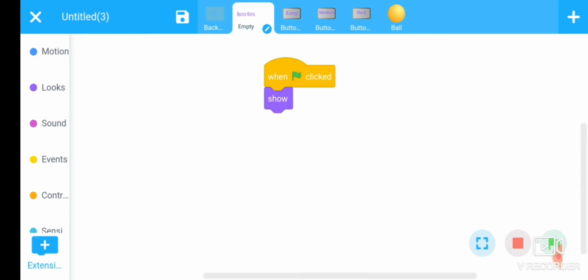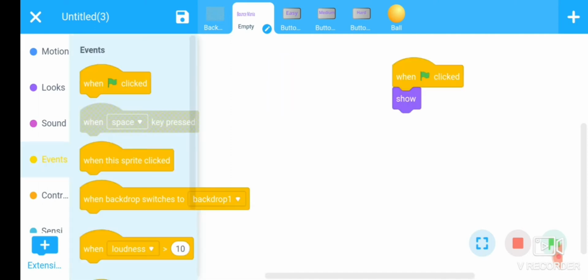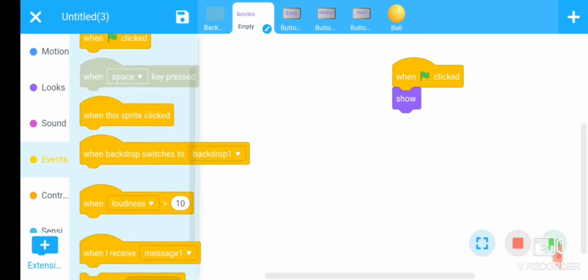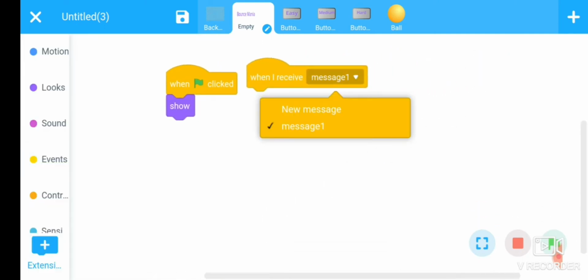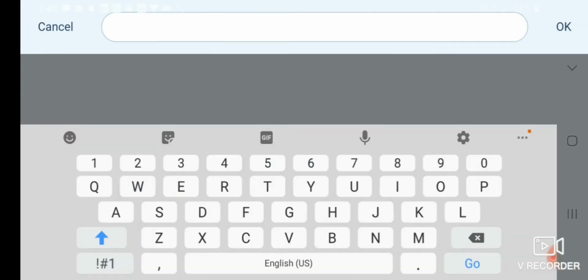First we go to the Bounce Mania sprite. Here we have to put a condition: whenever I receive a message, the message is game start.